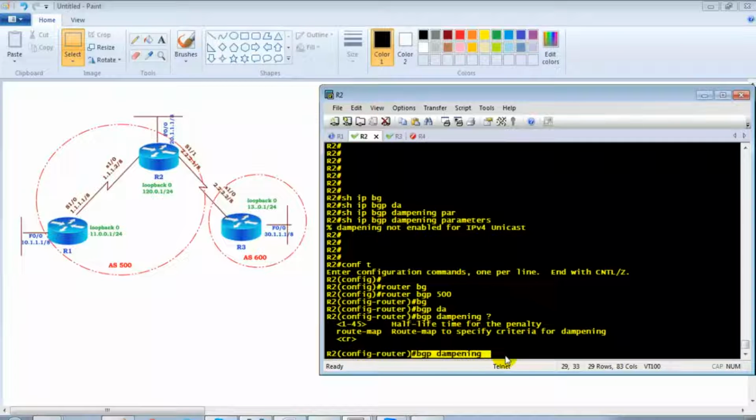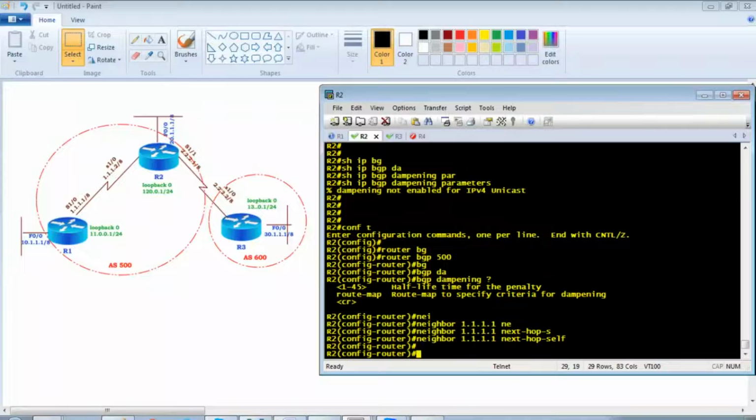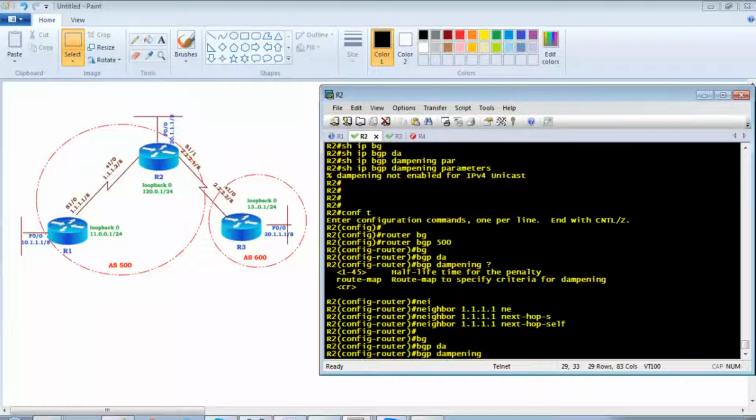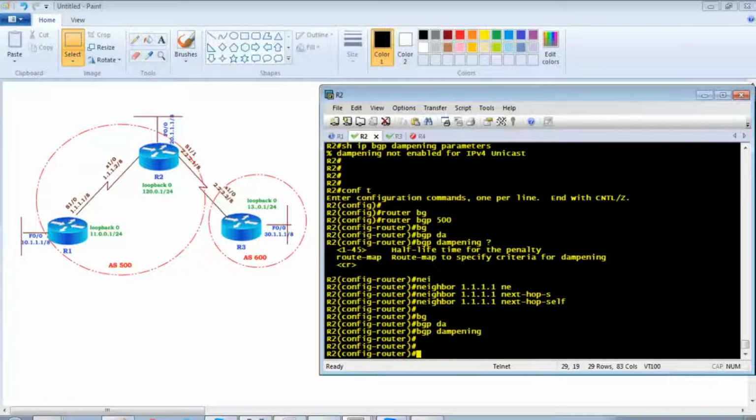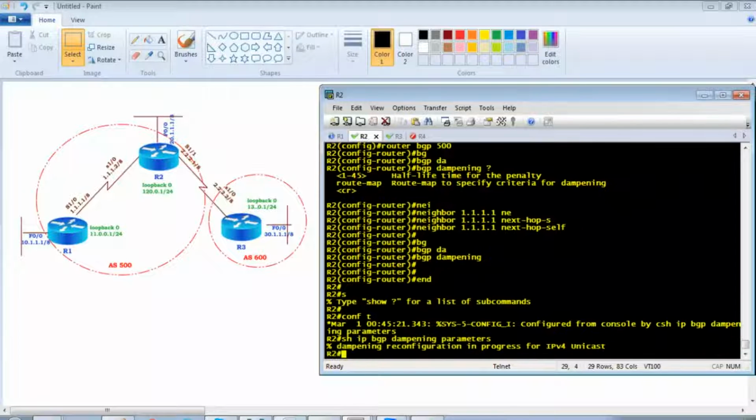So once I apply this command, let me just do one more thing, changing the next hop on router 2 towards router 1. Okay, let me apply BGP dampening. So once I apply BGP dampening, now I verify show IP BGP dampening parameters, and before I do that,